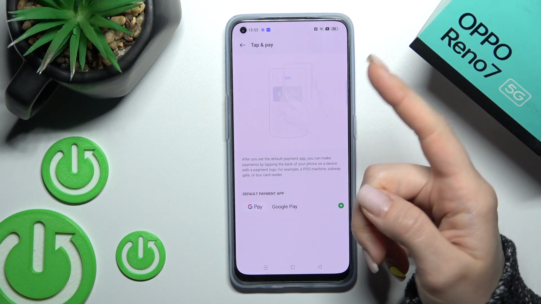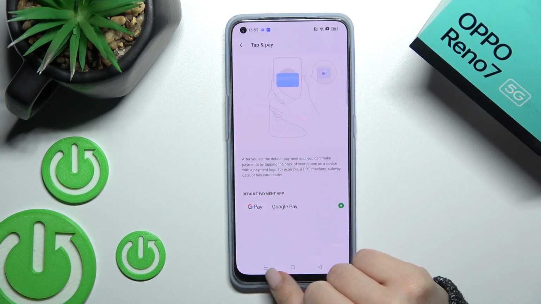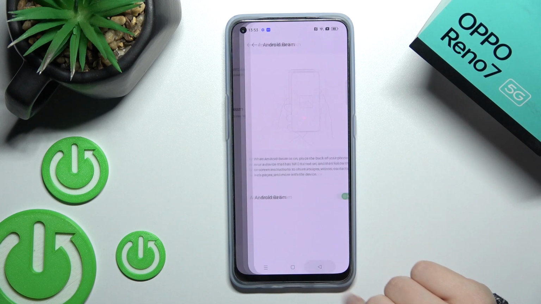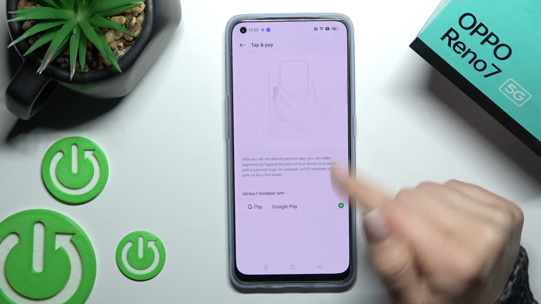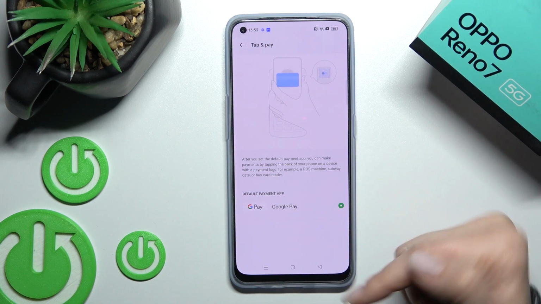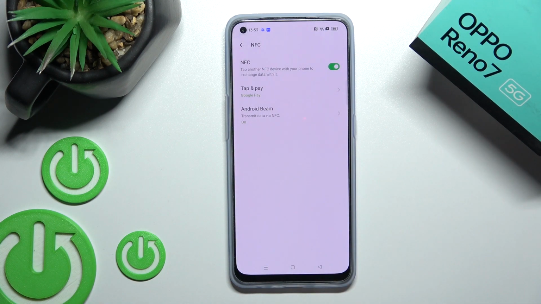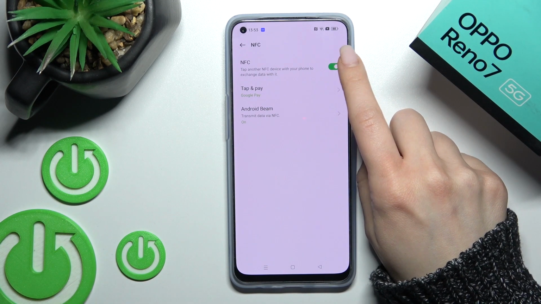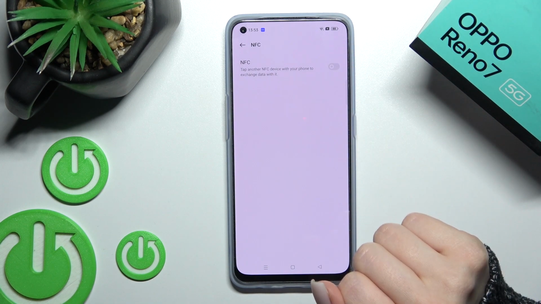You can also change the payment method here if you want. Just click here, and if you have another payment method, you can switch between Google Pay or just another application. And to turn off the NFC you should click here once again on the switcher,